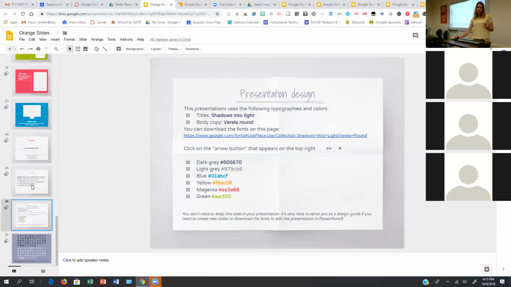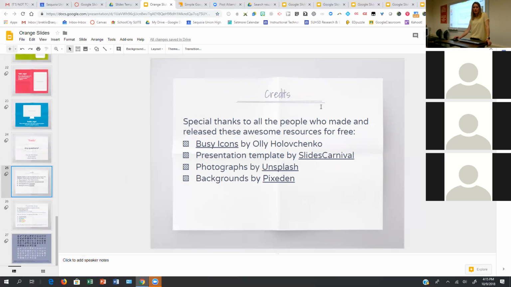Give credit where credit is due. It gives you information on the colors used, the fonts used. So it's really nice. You can actually use some of that if you like that and use it in future presentations as well. But here's the credits to make sure you keep those, right? And you can add additional credits there as well, like picture credits. So that's Slides Carnival. You can either search through the web or through the folder, but it's super fast, more themes and templates than you could ever imagine. Questions there?